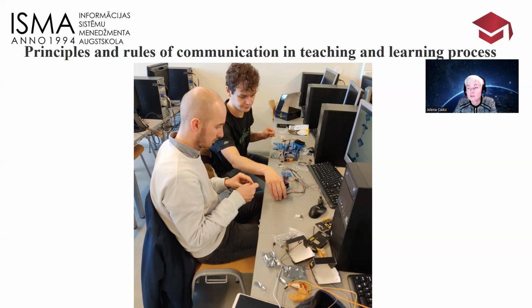The principles and rules of communication in teaching and learning process include the following. Learning and knowledge are basically different points of view and opinions that have come together to form our complementary topics. Teaching the student how to search and obtain information is important because information is constantly evolving. Enabling the students to link various pieces of information from different sources to the same topic is essential.